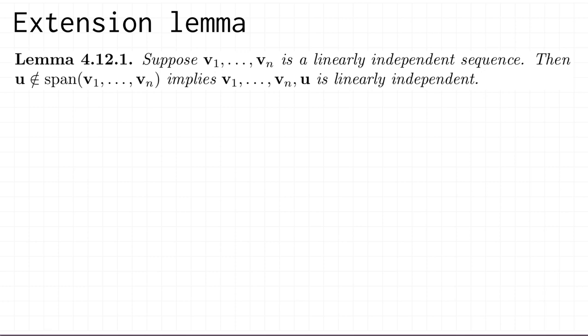So you can see here that we've got an implies statement. We've got if this thing is true, then this thing is true. So that's A implies B. And you remember that A implies B is logically equivalent to not B implies not A. So that's the statement we're going to prove. So let's write this down. The proof is we'll prove the contrapositive